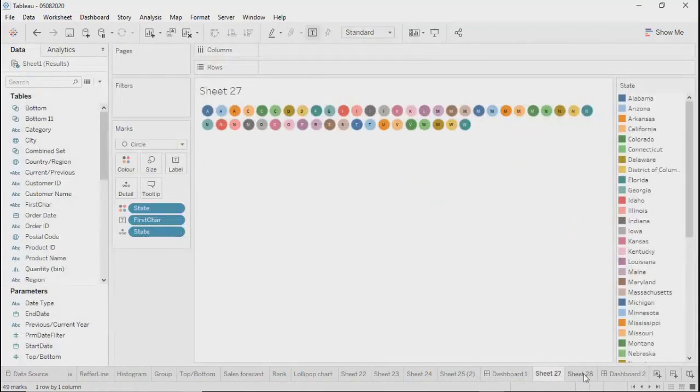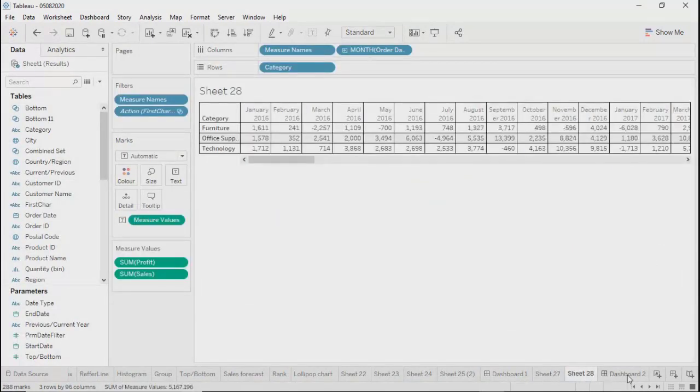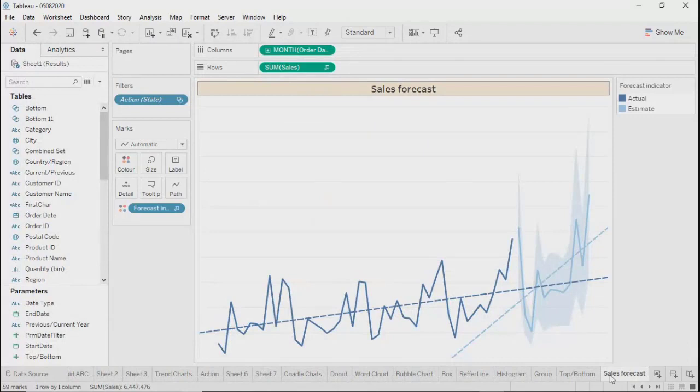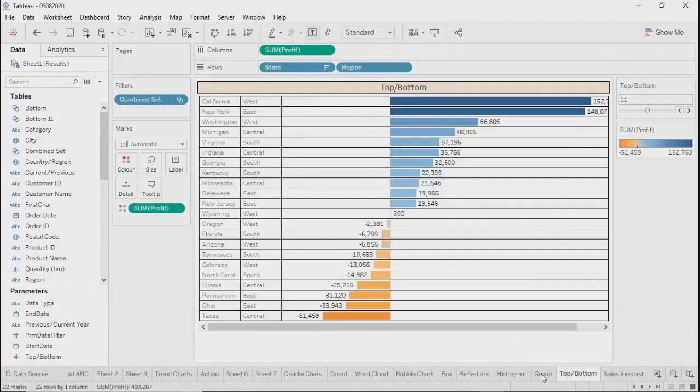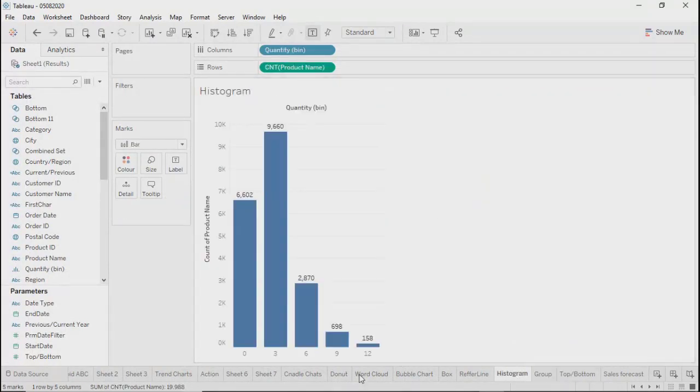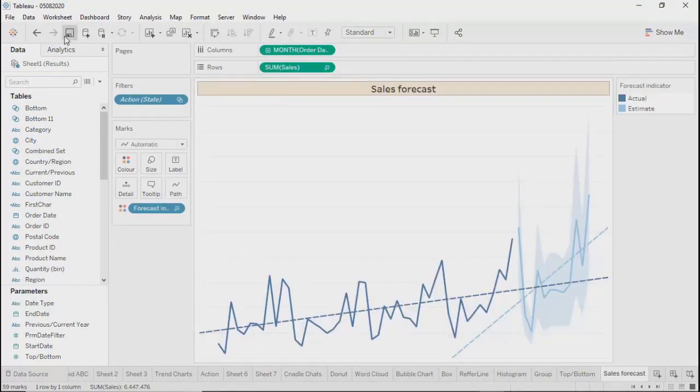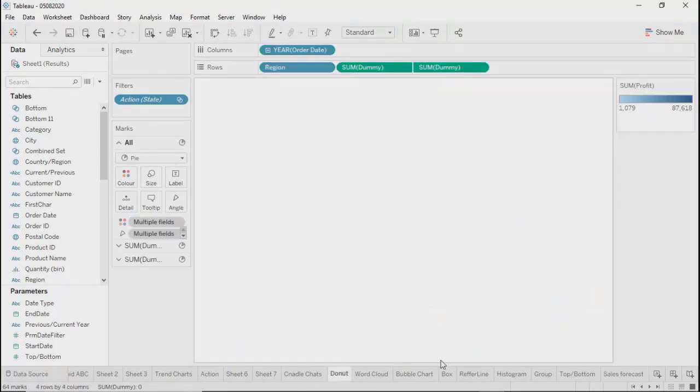Correct. So overall, the message I want to pass is, don't use duplicate data sources, or try to minimize the number of data sources in a workbook, because the more you use, the poorer the performance will be. If you use more data sources, it will be slower. That was the reason I deleted those and kept only one now. So we have a good number of charts as of now.